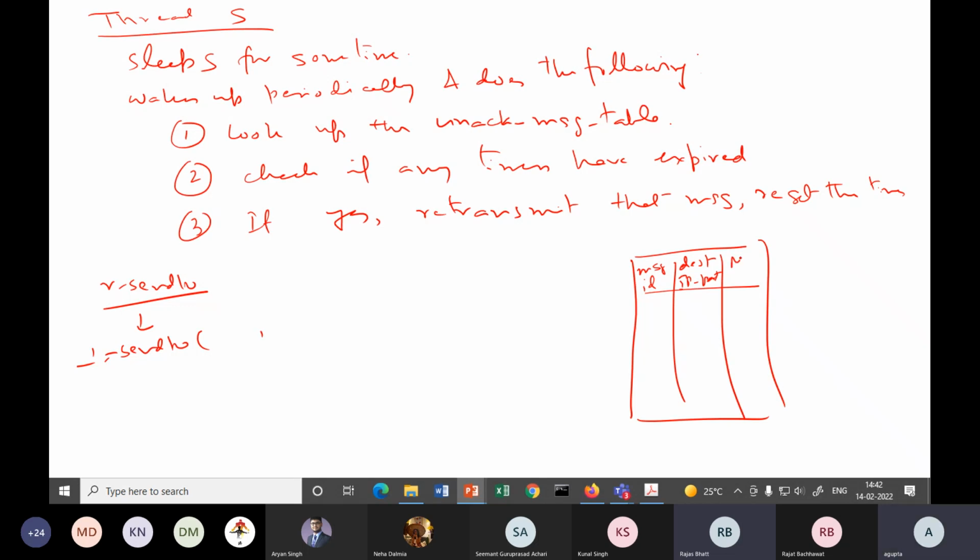Message body or a link to the message body. What is the message that I have to send? And time at which